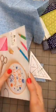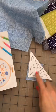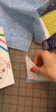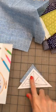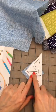And a postcard works perfectly. Oh yeah, so glue would work really well here too. Just put a dab there. I just like putting a pin just really quickly. So what we're gonna do is we want to fold